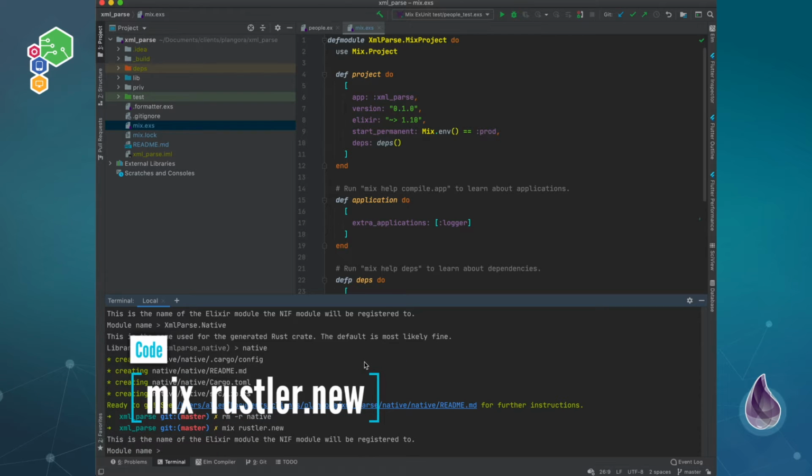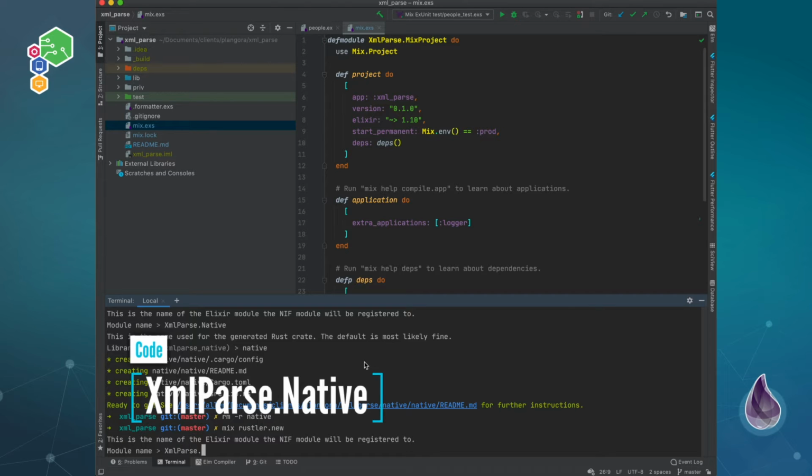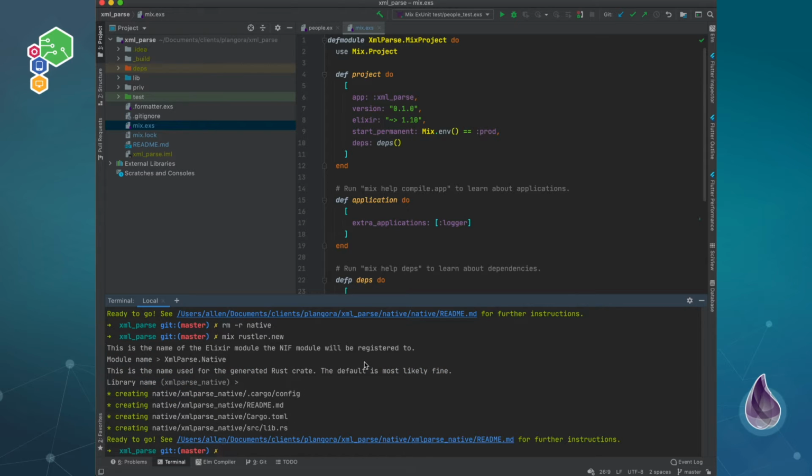Let's start that again. So the NIF module we registered to, so we'll call it XMLParse.Native. And for this one, yeah, we can call it that. That's fine. So now we have all this. I don't want to call it native. It looks a little bit confusing. So now the next step